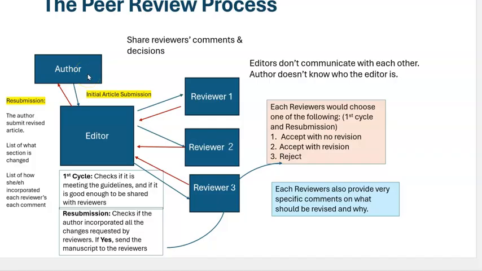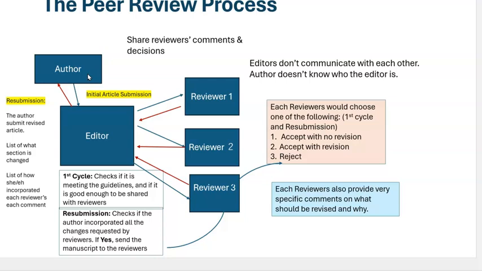The author is expected to incorporate all the comments each of the reviewers gave to the author. So in response to the reviewers, authors normally are expected to list all the revisions they made, detailing exactly how they addressed every single critique each reviewer provided to the author. And then if the author decided not to integrate particular suggestions, the author must explain why.